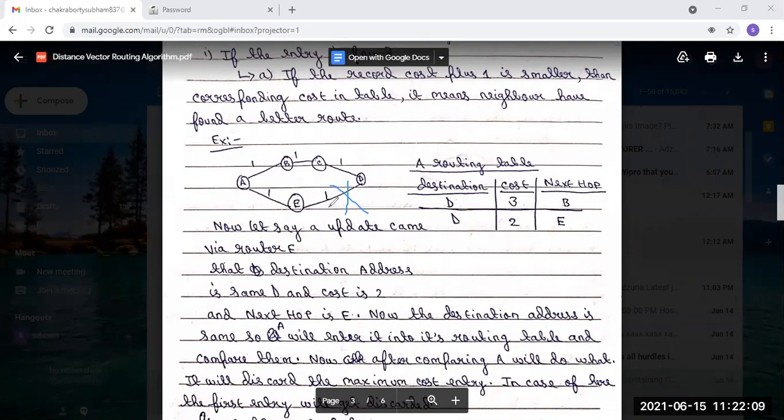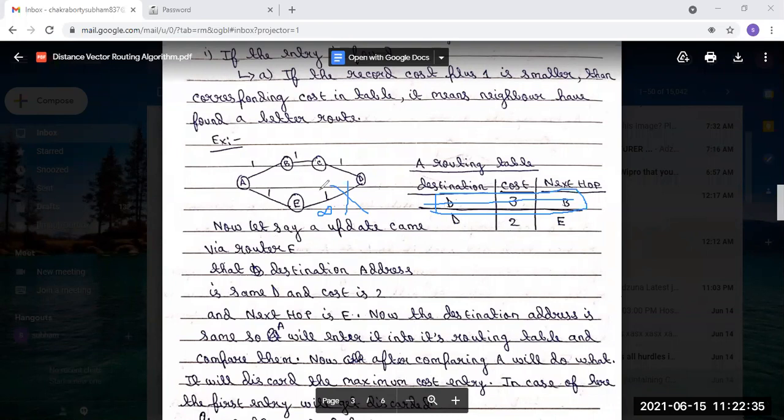So instead of this, we will now put infinity. So what will the routing table consist of now? Because this is already discarded, because it is the maximum cost, so it is discarded.